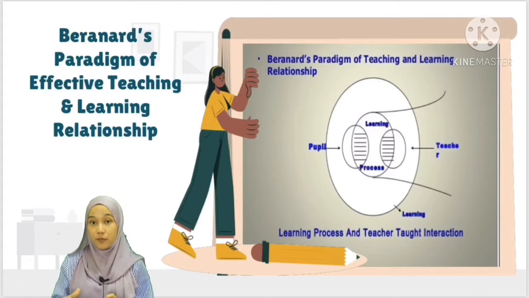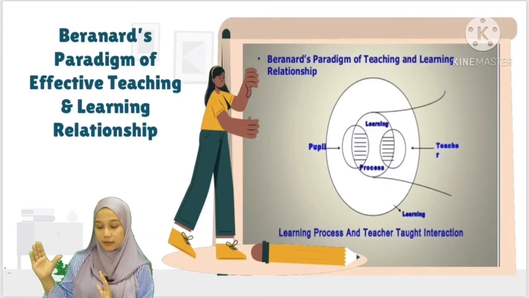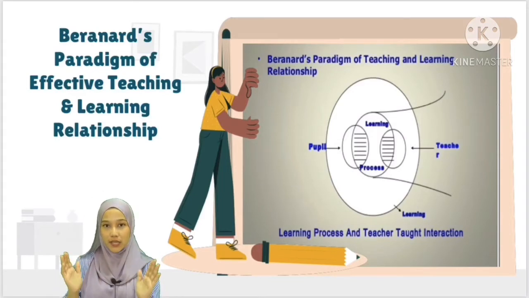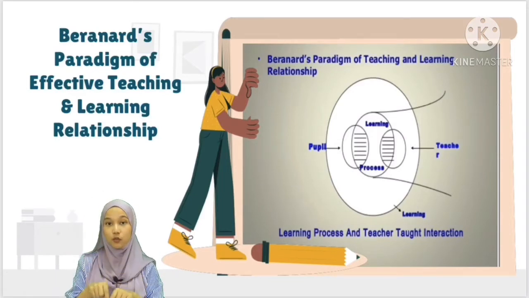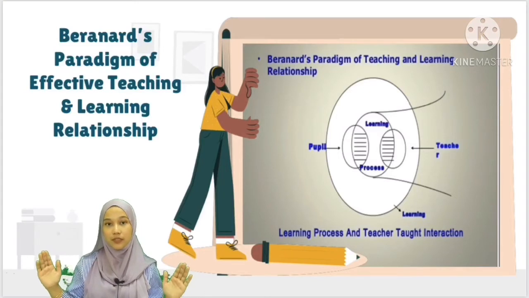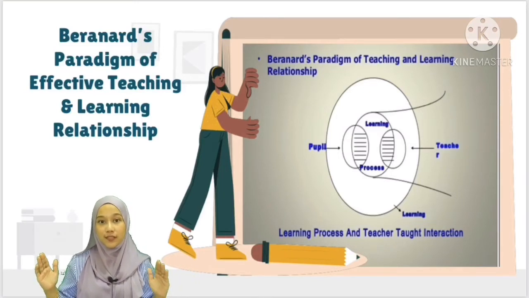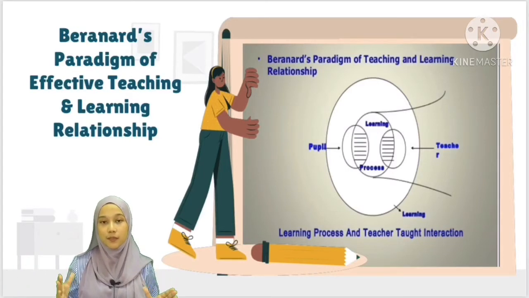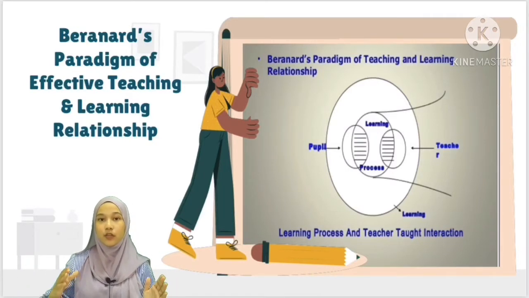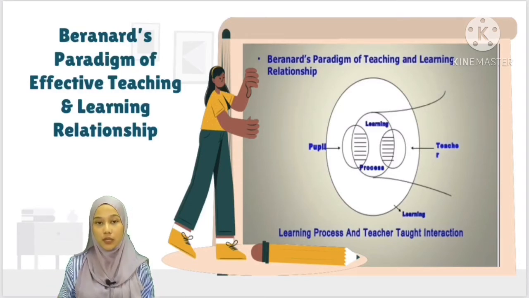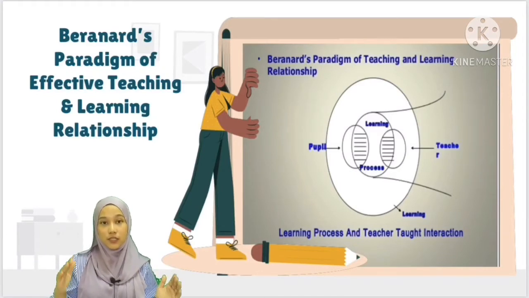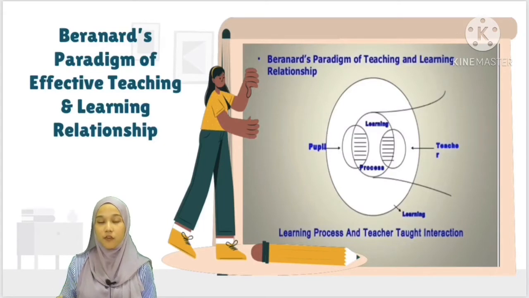Okay, next. From the diagram, you can see Burnet's diagram of teaching and learning relationship. You can see that the learning process is in between the teacher and the students. People is the students. So, you can see it is very related to each other. Teacher helps to maximize the student knowledge and helps to acquire the students' previous experience and previous knowledge during the teaching. And also, the students will grasp the idea from his previous